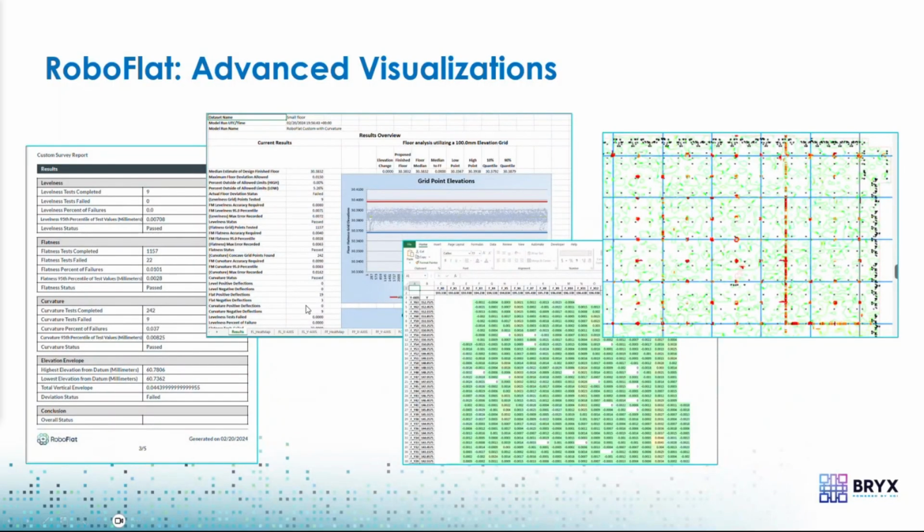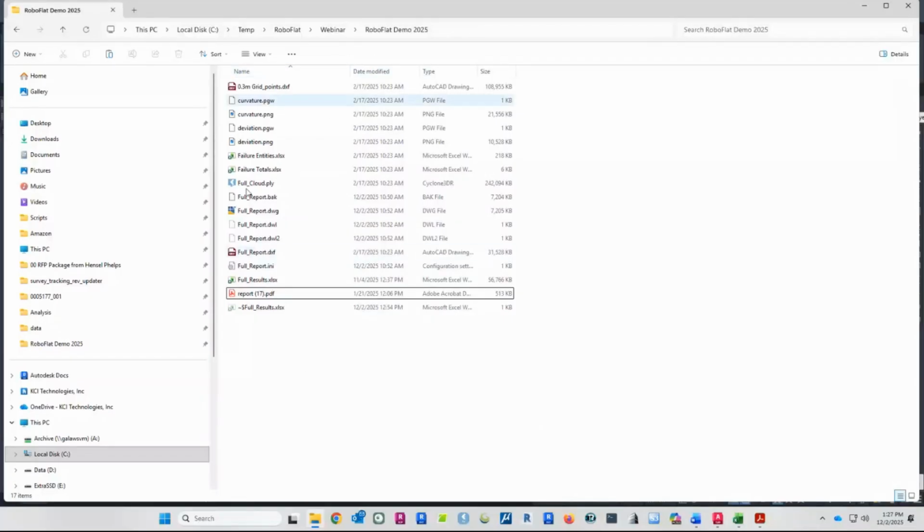Okay. And now I thought in this slide, James, we could talk about more of the RoboFlat output. This is a folder where I've downloaded the results, the output from RoboFlat, into one folder so we can go through them. There are multiple deliverables, again, depending on what your client wants and what you need to analyze the output. RoboFlat tries to give you all types of different options to view your data. It does return a raw grid point of the floor at 300 millimeters, so you can have that separate data. The point cloud, of course, has many more points in it, but that's